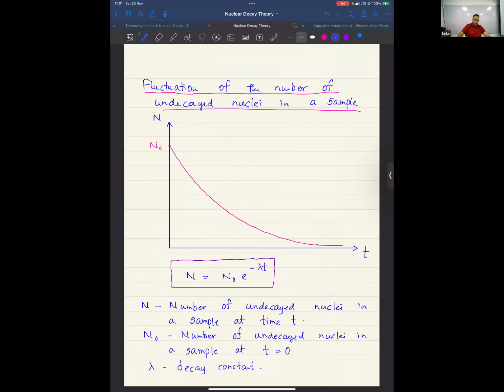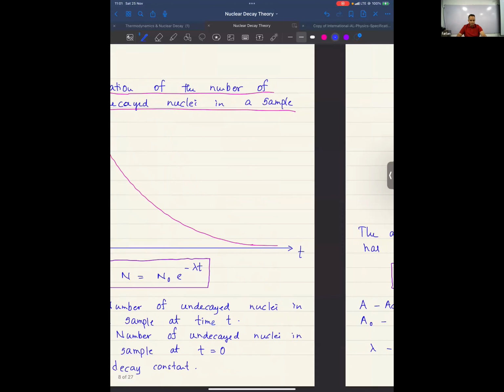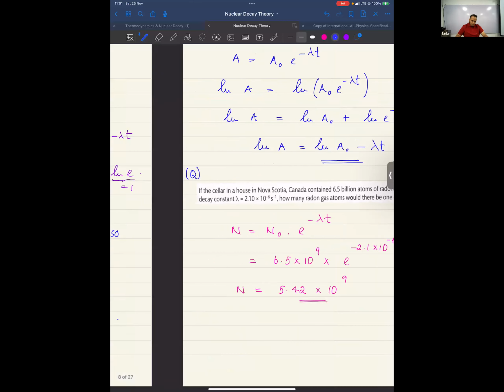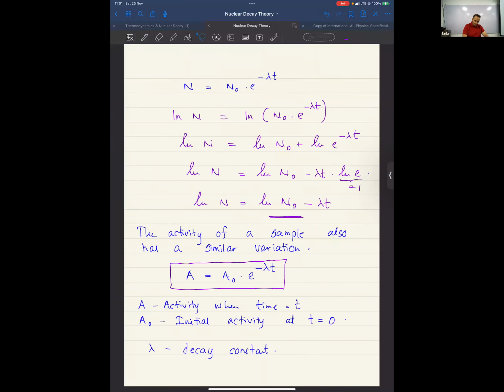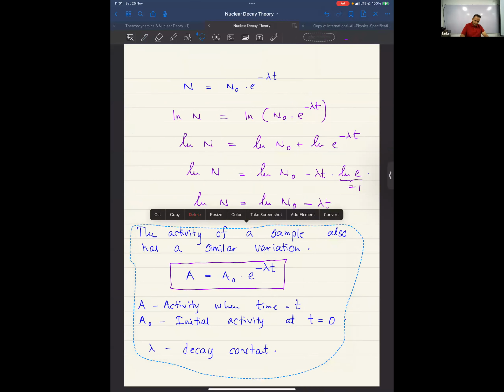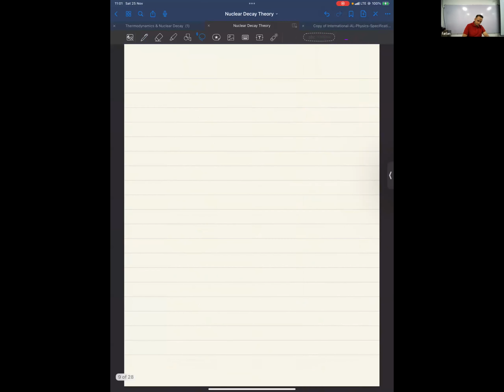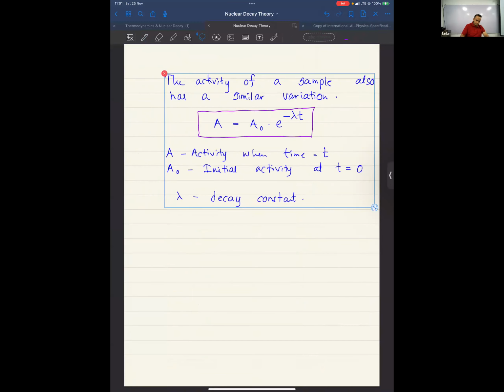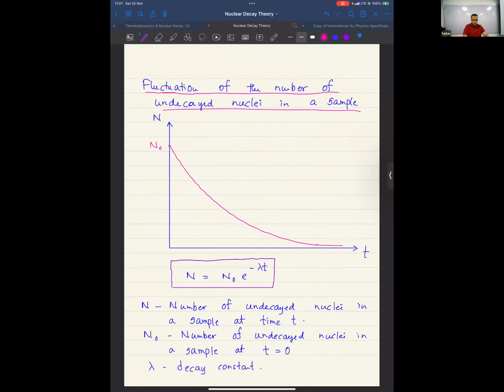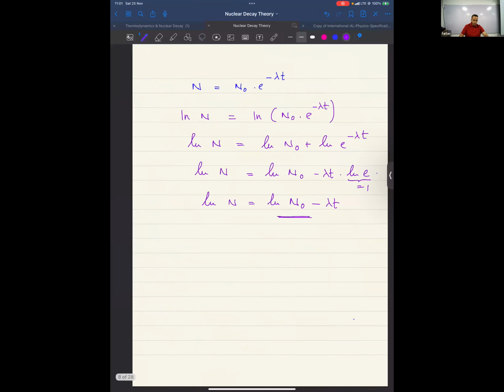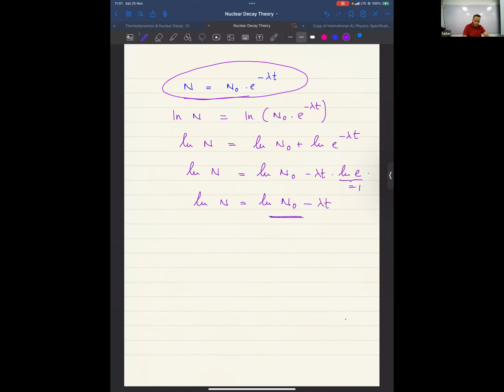So now look at this. N equals N naught e to the power minus lambda t. Then we can come up with this. Did we meet log before this in the syllabus? Yes, right. So I have told you, if N equals N naught e to the power minus lambda t, and